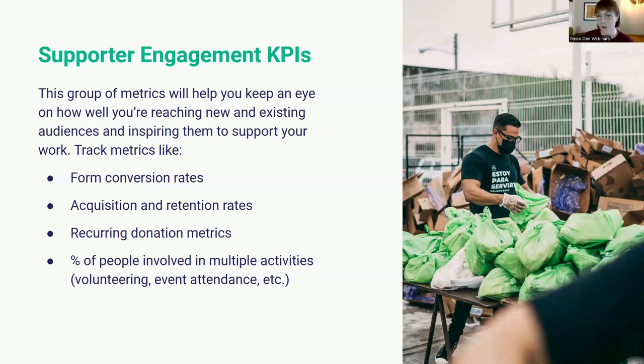I did debate, you'll notice this bullet point, I did debate including recurring donation metrics here. That is one KPI, by nature, that is oriented toward donors, not necessarily members or volunteers. I did debate focusing more on this in the fundraising and revenue oriented KPI section, and I mentioned them there too. But the reason I chose to include that here is because engagement is so critical with this group that I decided to include it both places.